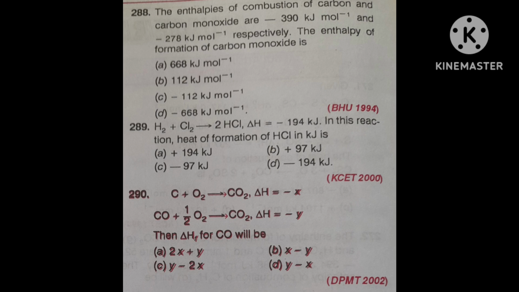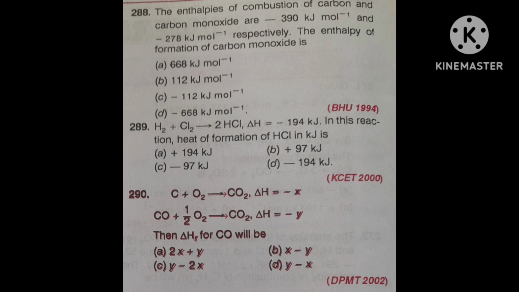Now next question I am reading. H2 plus Cl2 gives 2HCl, and delta H is given as minus 194 kilojoule. In this reaction, heat of combustion of HCl in kilojoule is,